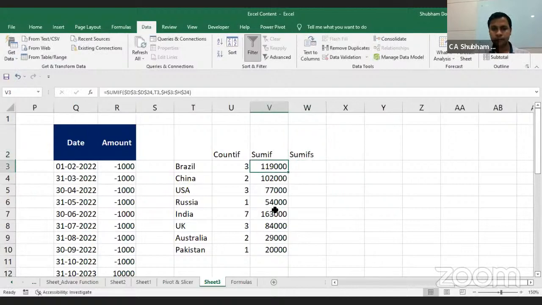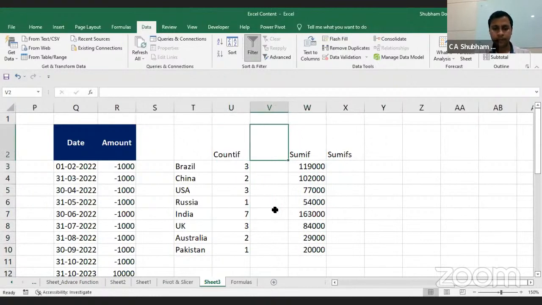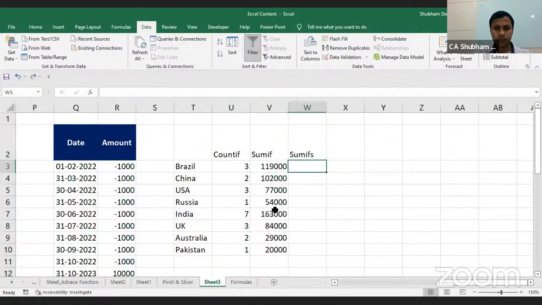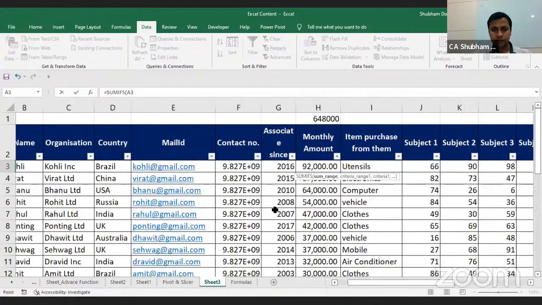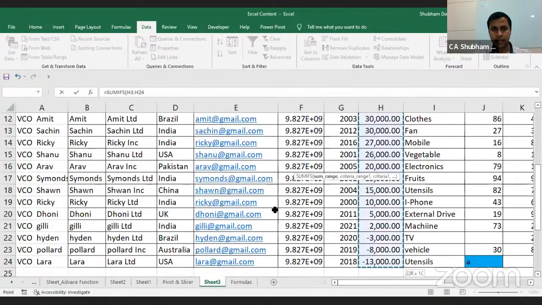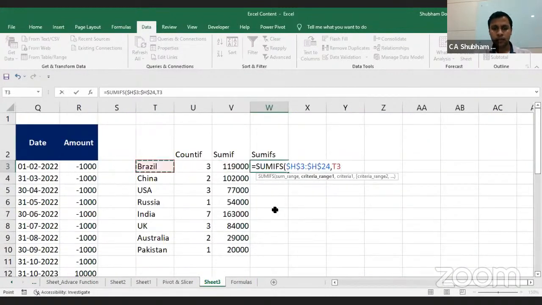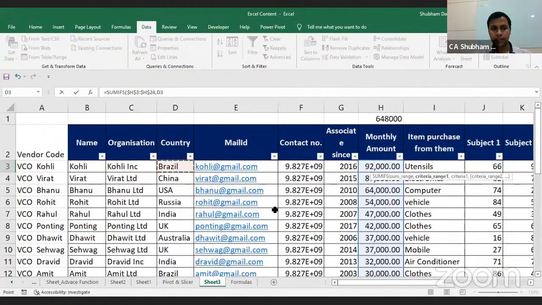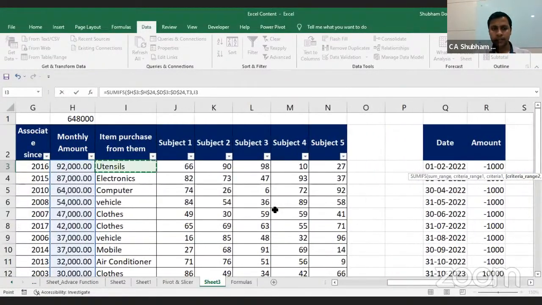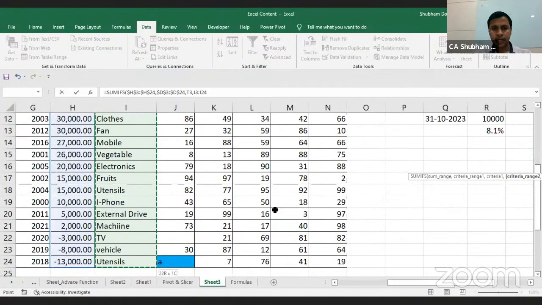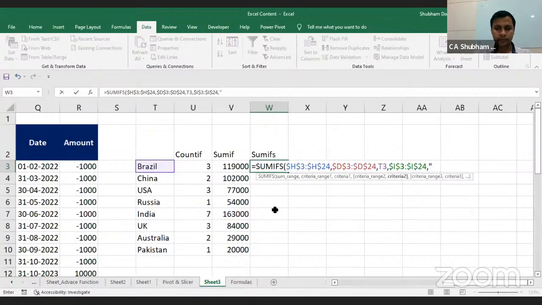And then one more function is SUMIFS. SUMIFS means multiple conditions. What are the multiple conditions? Sum range: first you have to select the sum range. Yes, selected. Then criteria 1 should be Brazil. And the second criteria is the item purchased. So what is the item? Item you can say like